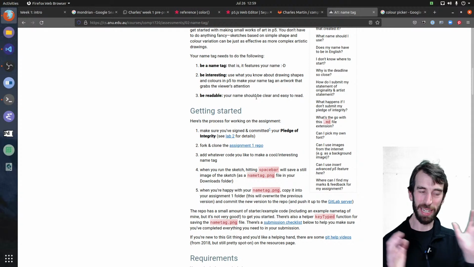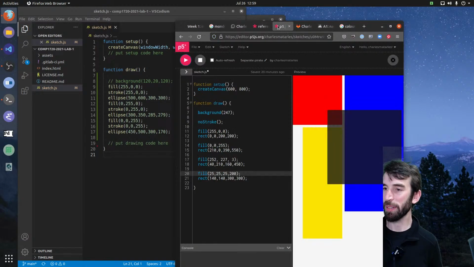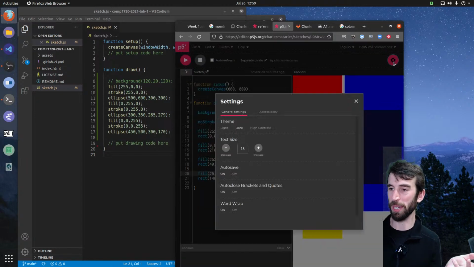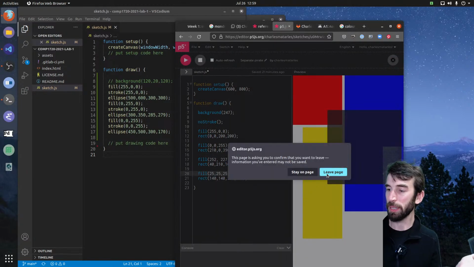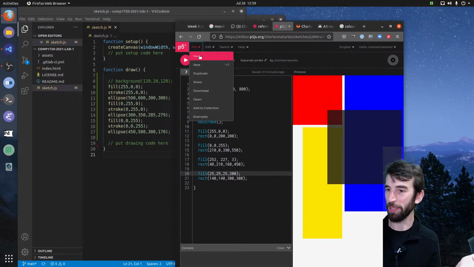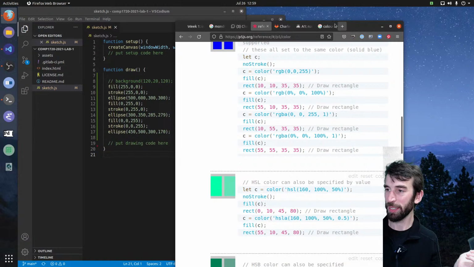Pratima's asked, how do we keep something private? Well, the editor sketches you make are sort of private. I guess you can share them if you send someone the URL, the website, it can be shared. You can make it private if you make an account and keep it private, yep. I might save that one for later. Stay on page, I'm going to save it. Give it a name. I'll share with you my sketches later so you can see.